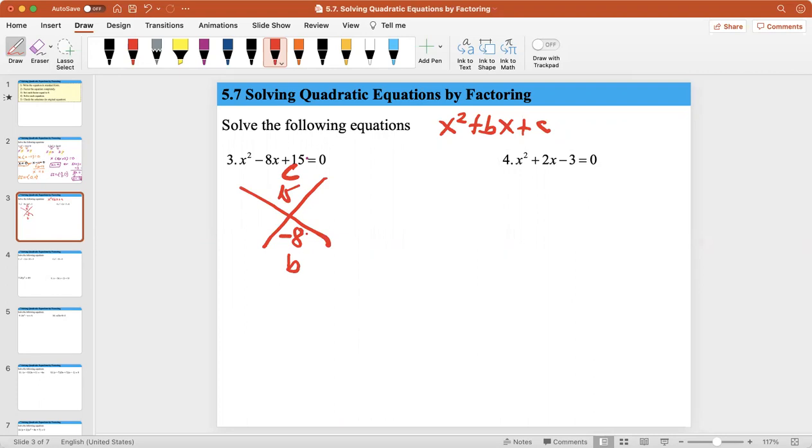So if you are factoring a positive number, but your sum is negative, the signs of your factors must be both negative. Negative times negative is positive, right? And negative plus negative is negative. So what are these two numbers? 3, 5. You have negative 3 and negative 5. So with that,